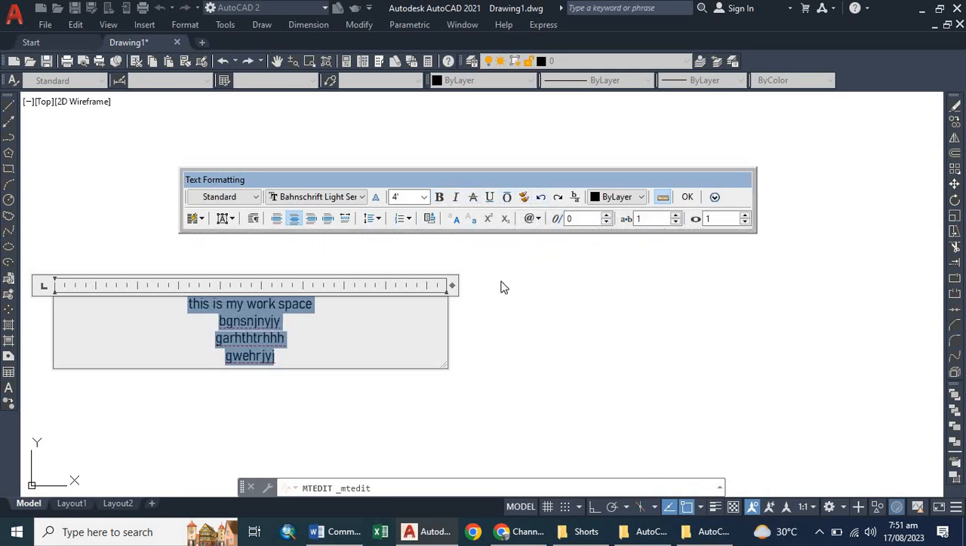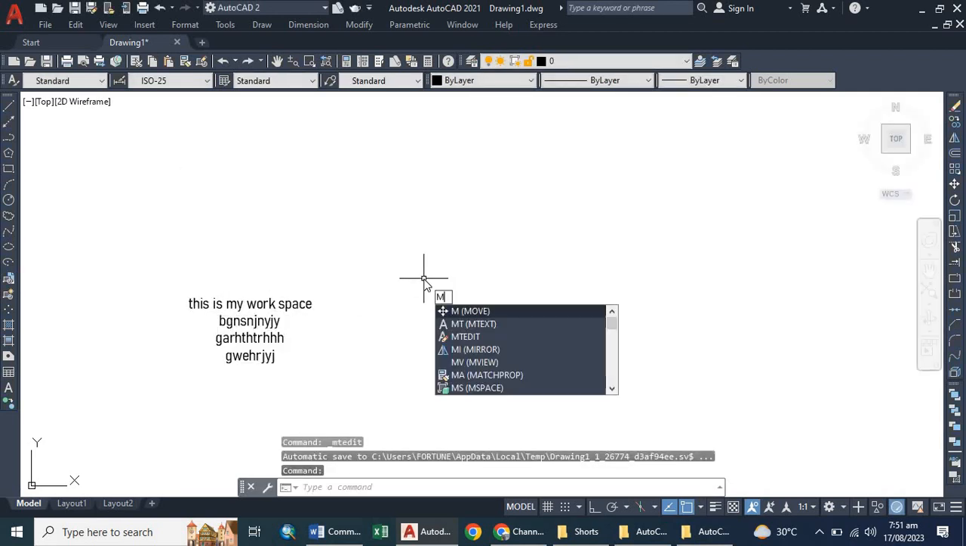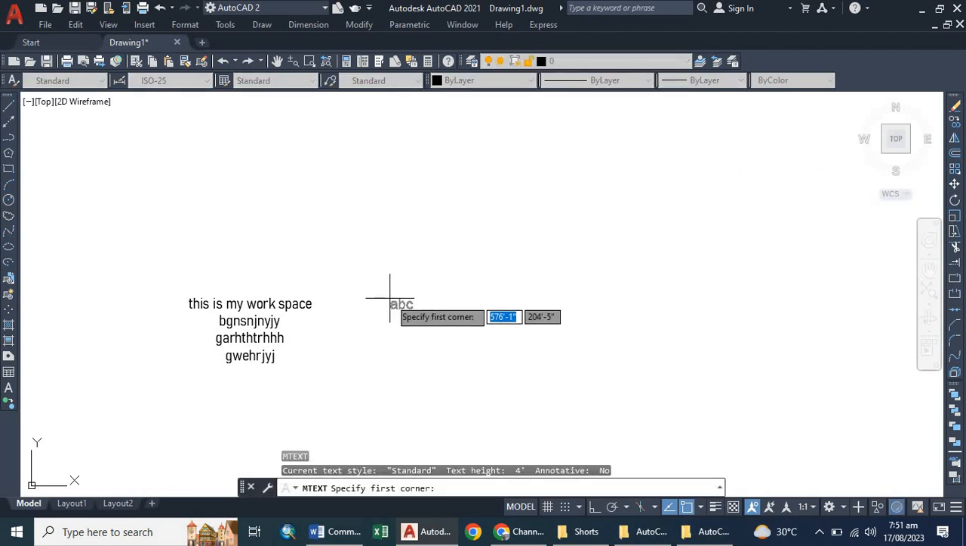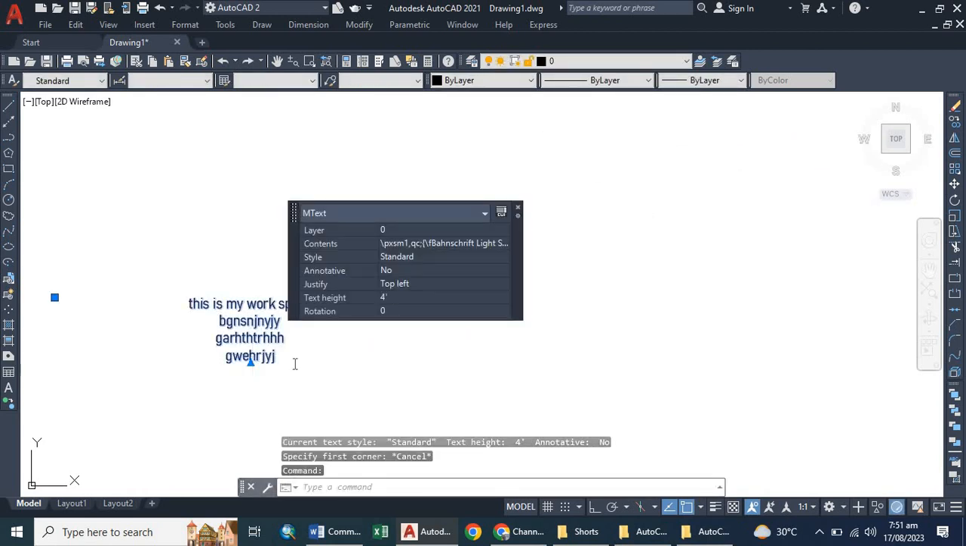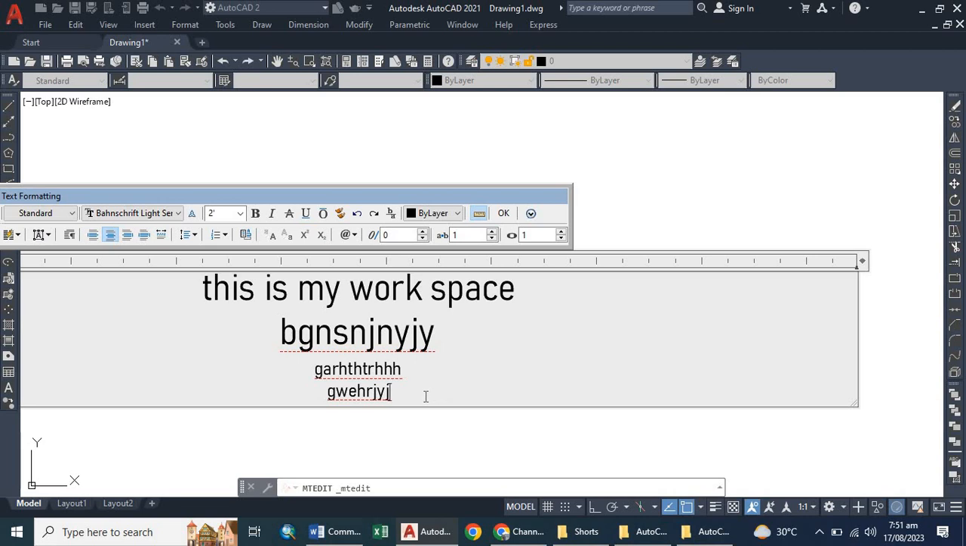And if you wanted to match properties, for example, this is my first text and I just want to draw another text. I'm just selecting these two lines and making them, for example, 2 feet. If I click here in this roller, as you can see, the text size has already been decreased. Now if you want the properties of these two lines to be applied to these two lines,